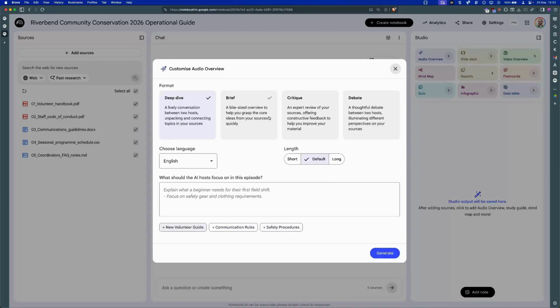If you want to narrow down what you want the output to be focused on, what length you want the output to be, and also in what language you want the output to be, we have to use the customize button. So here you can see we can choose from some presets like deep dive, brief, critique, debate, choose a different language, length, or default, and also use the prompt here. So for example, if I hit here